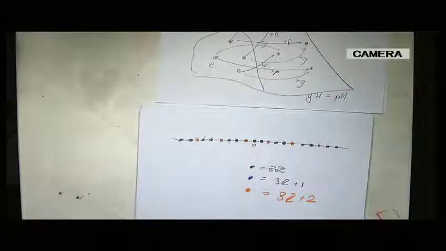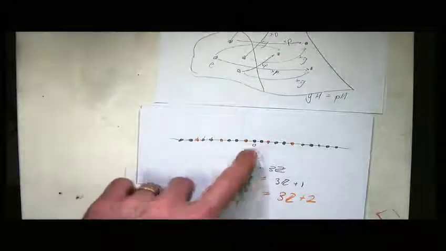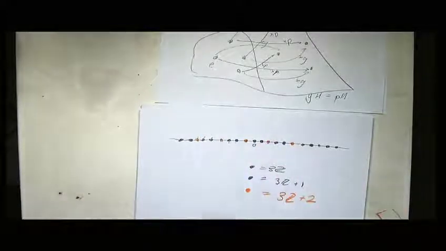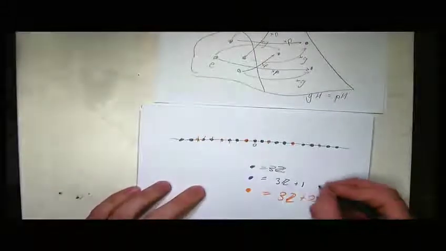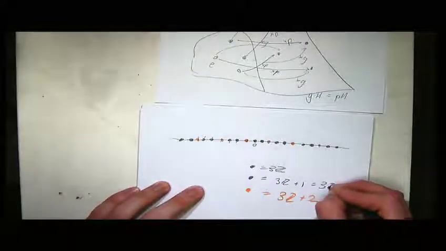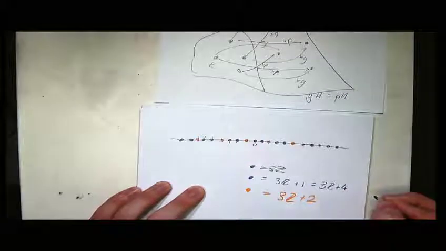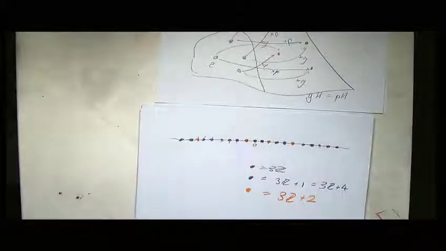So I made 3 cosets. But I could just as easily have done 3Z plus 4 and gotten to the same spot as the purple ones. Okay? So this could just as easily have been 3Z plus 4. Right? And this could just as easily have been